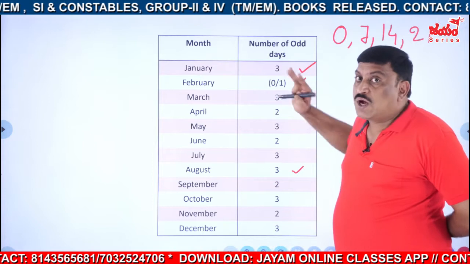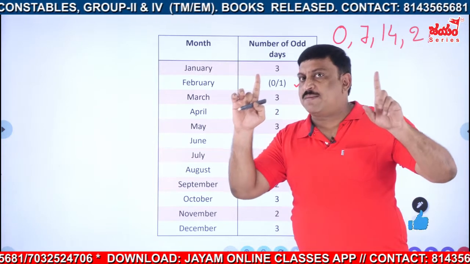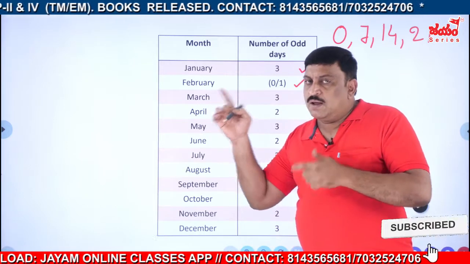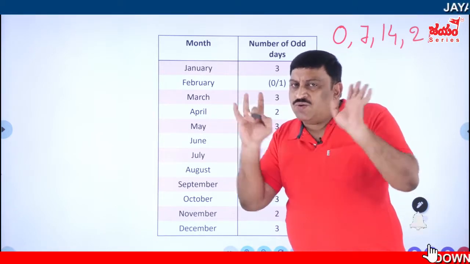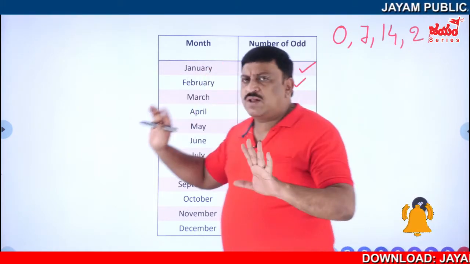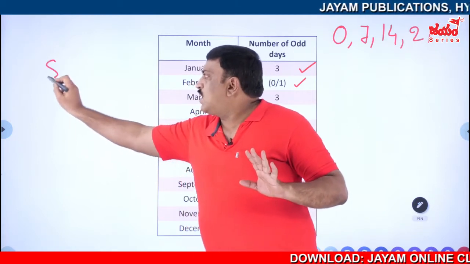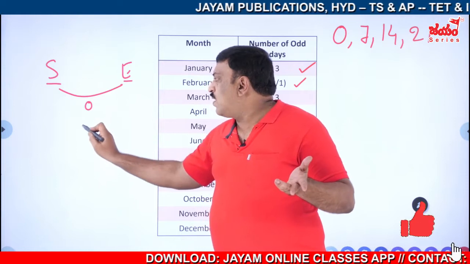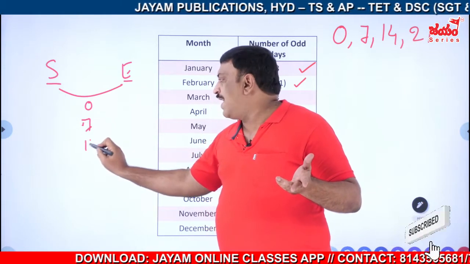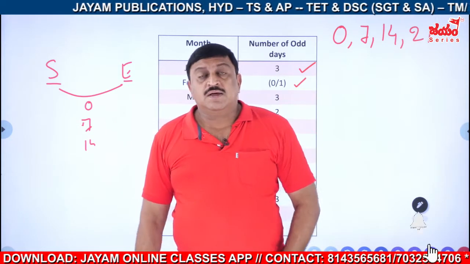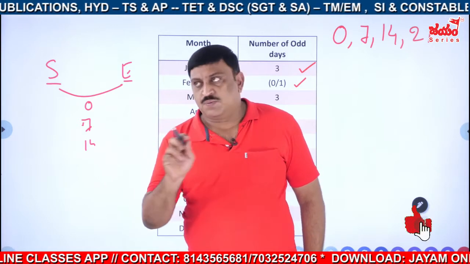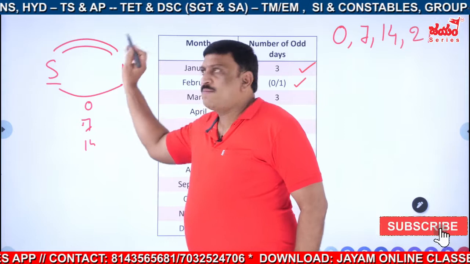The ending month and starting month will resemble the same, that means the same calendar month. February has 28 days. February to March, in between, is 28 days. In the same way, whatever starting and ending months you take, if in between you get 0 or 7 or 14 odd days, that will definitely have the same calendar months. Both these two are the same calendar months.